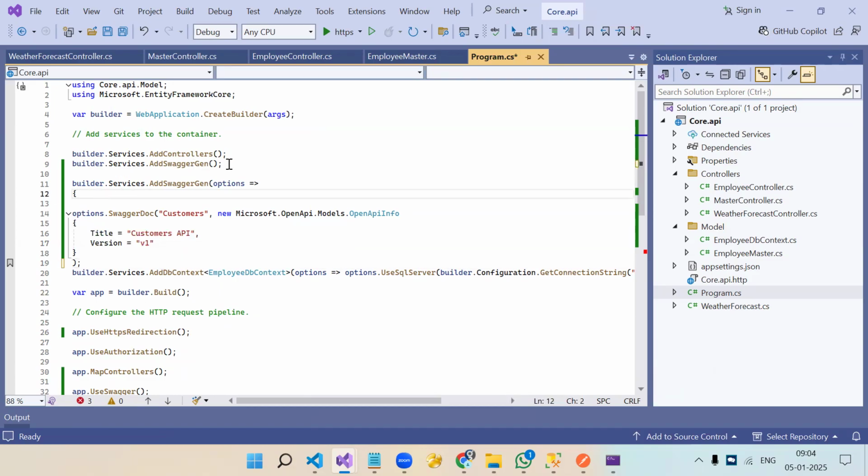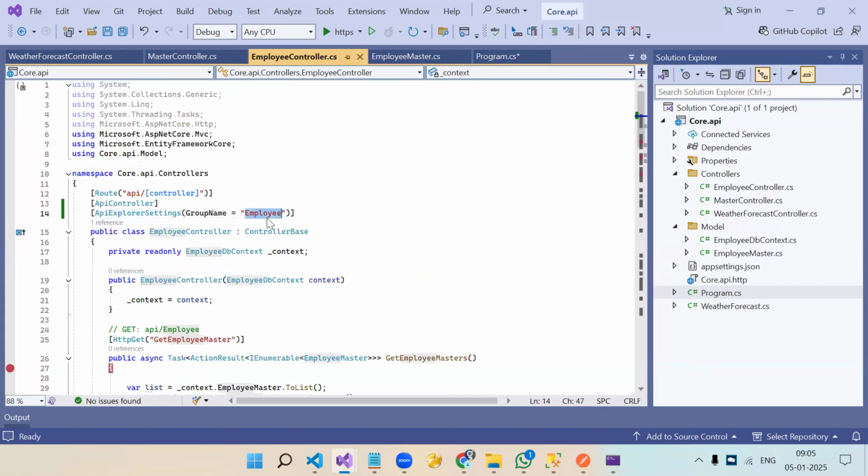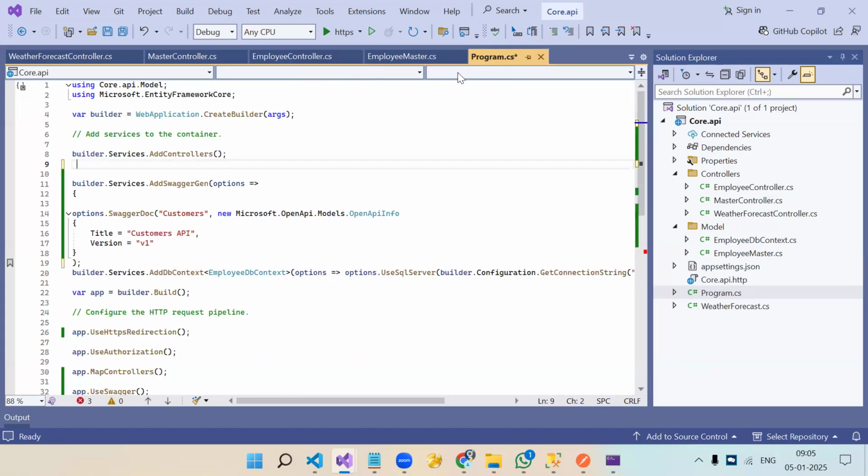So in builder.Services, instead of using this, while initializing that Swagger, we are providing what are the group names you have to group. First is whatever the group name you have given over here. This name you have to use over here and some title also. Employee EMP API. This is the first one, comma,